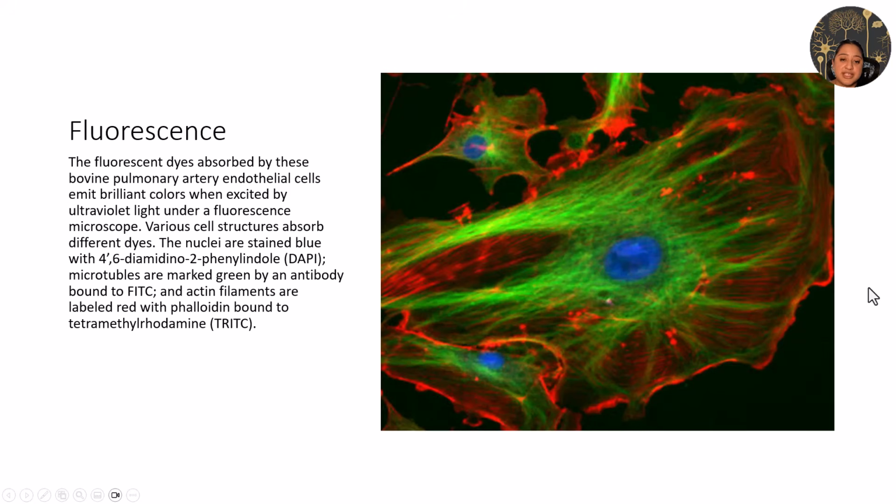You can also do fluorescence microscopy. You can add dyes that are fluorescent and they will absorb in certain parts of the cell. So in this example, there are fluorescent dyes absorbed by these kinds of epithelial cells. And they will emit different colors based on what structure they're bound to or what dye it is. Different cell structures absorb different dyes. Nuclei generally are stained blue. There's this stain called DAPI. It stands for all this. And so typically nuclei get stained blue